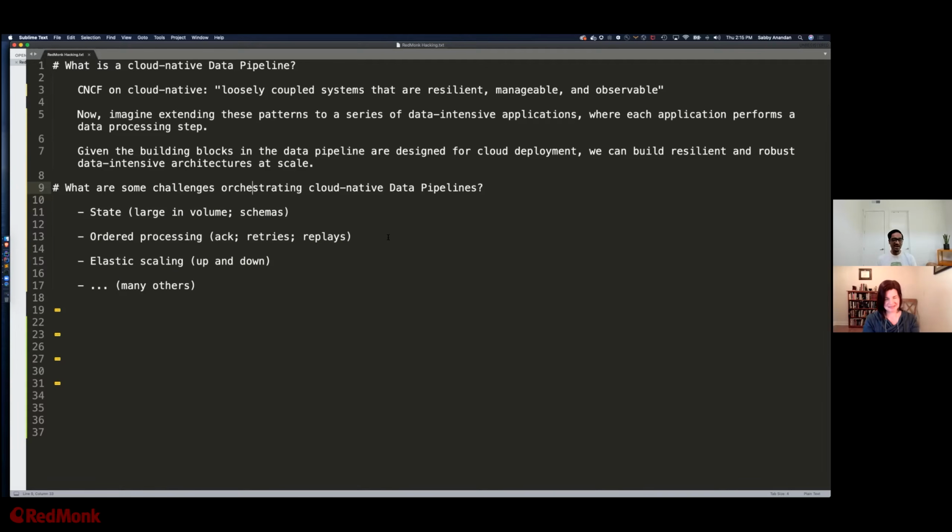Totally. You described that really well at the beginning: there are data-intensive applications and cloud-native systems, and then the combination of both. When you talk about data-intensive applications, there's a large volume of data you need to think about processing. Developers and architects designing these applications need to worry not just about hundreds of messages per second, but about millions of messages per second. Just imagine a credit card fraud detection use case, where hundreds of thousands of credit card transactions are happening in real time. You need to think about processing all of that data